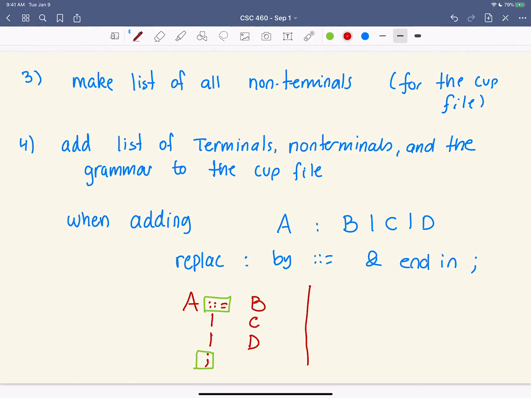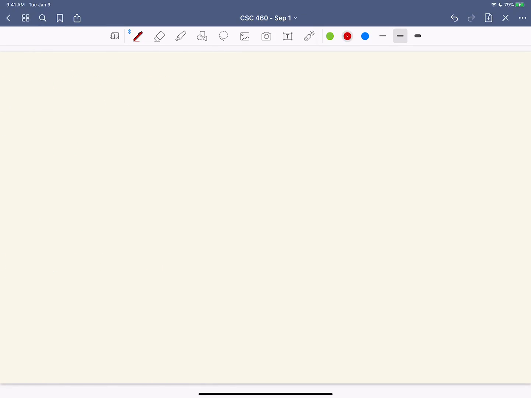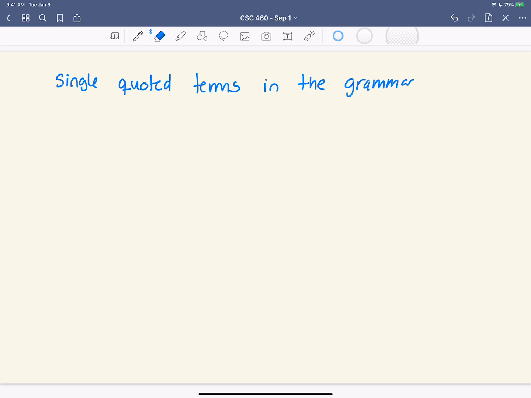So single quoted terminals in the grammar become all caps terminal name.